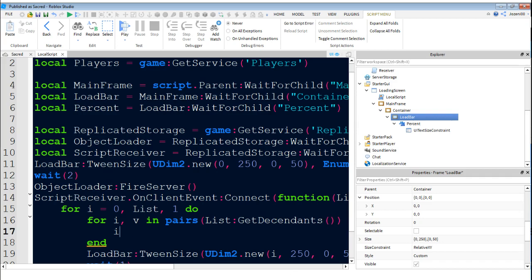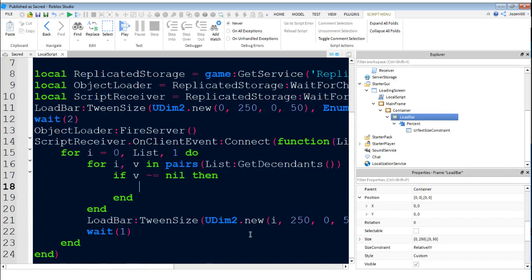Okay, so if b is not equal to nil, so if this does exist, if the object does exist, then